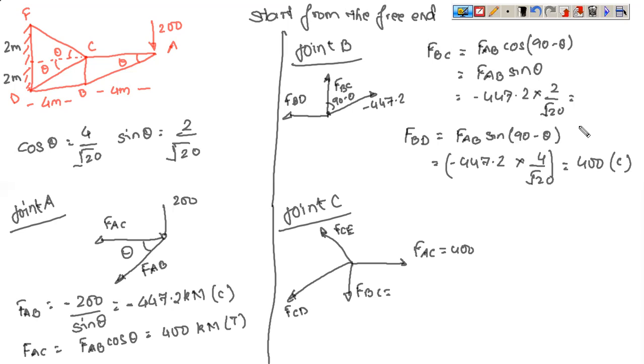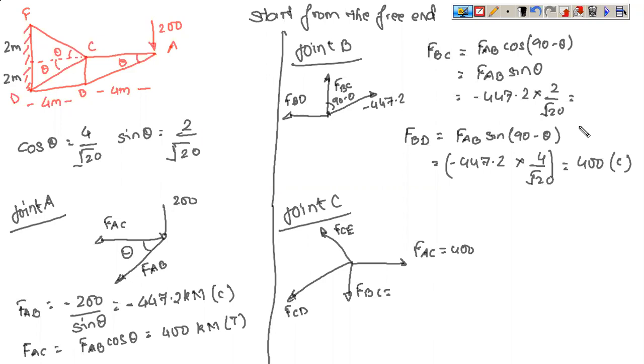So distances are being given. We'll calculate the value of cos theta and sin theta, because theta is not mentioned here. So if BC is equal to 2 and AC is equal to 4, then AB is equal to under root 2 square plus 4 square, so 4 plus 16, 20, under root 20. So you have cos theta equal to 4 by under root 20 and sin theta equal to 2 by under root 20. So you have calculated the value of cos theta and sin theta.